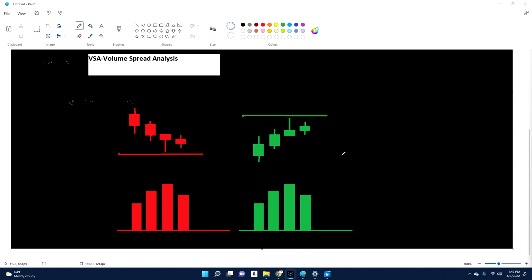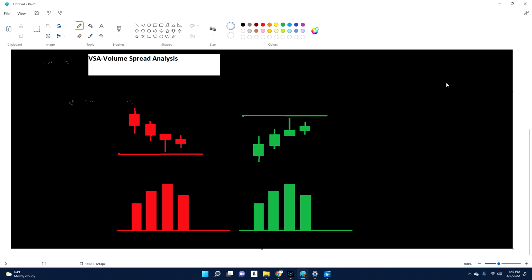Now, basically, the concept of this is that volume is a leading indicator. These are candlesticks. Below here, I've made some volume bars. Every candlestick has the amount of volume traded, and volume is the amount of shares that traded hands during that session. What you start to realize, and you might hear it when you watch other trading videos, is that volume precedes price. You might hear that all the time.